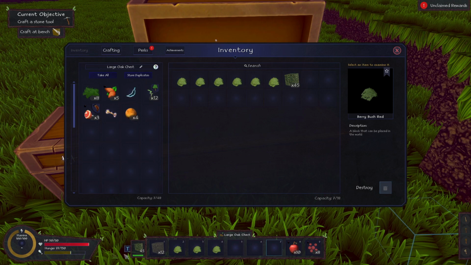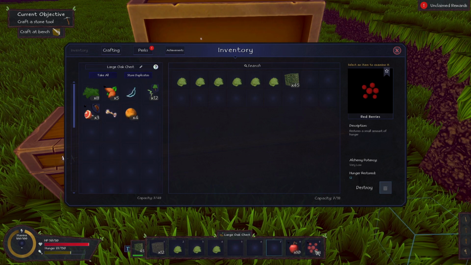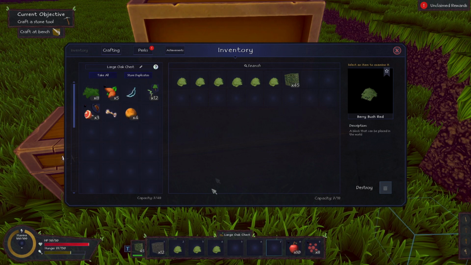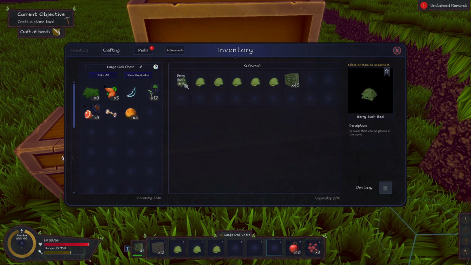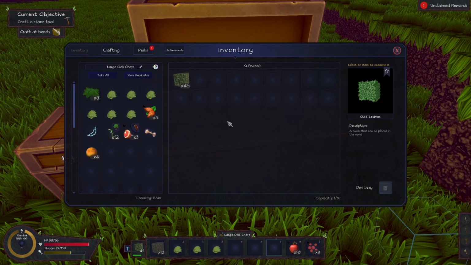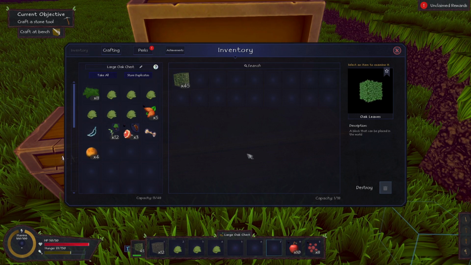I don't feel completely stressed out. I do have 10 apples. I have some red berries. We're probably gonna find some more. My hunger bar is going down a little bit, but let's just put these in there for now. Right, cool. And I'm sure there's a way we can...